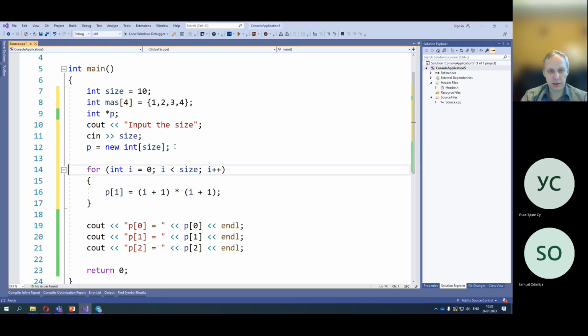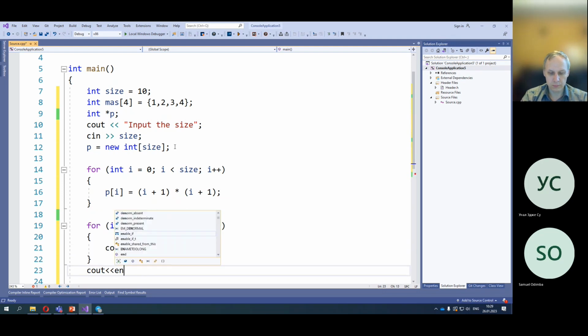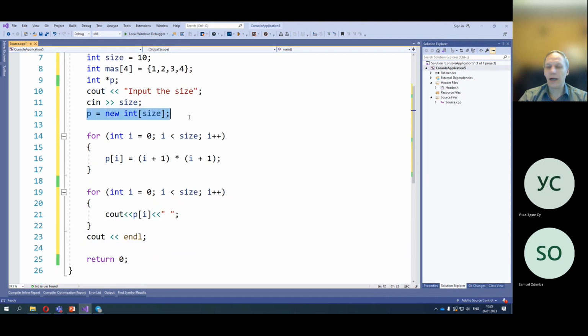And after that, I can output this array to the screen. Well, so I allocate the memory for the array, I assign the values, I output these values to the screen,